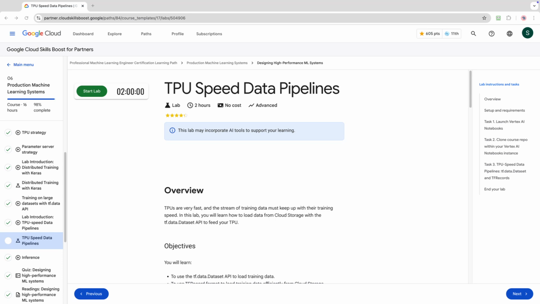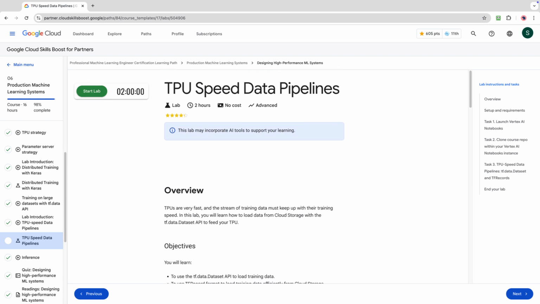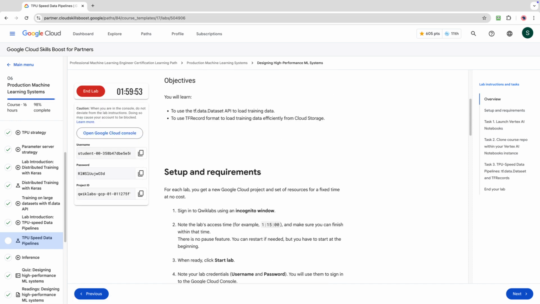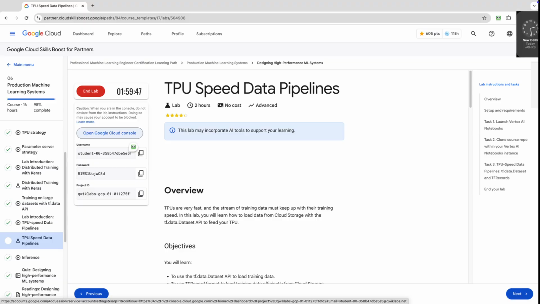In this session, we will look into TPU speed data pipelines. So without any delay, let me start the lab. In this session, we are not going to discuss anything theoretical or technical. We are only going to follow the steps provided in this lab. So without any delay, let me open the lab in a new incognito window